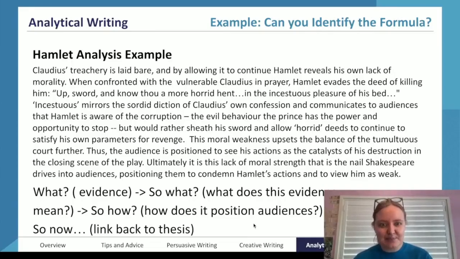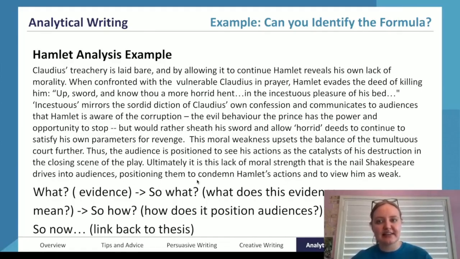So how does it position audiences? And we see really clearly in the language that the author of this has used, the audience is positioned. So really clear, explicit language to indicate that that position is being shown. And then link back to thesis here in the final 2 sentences.